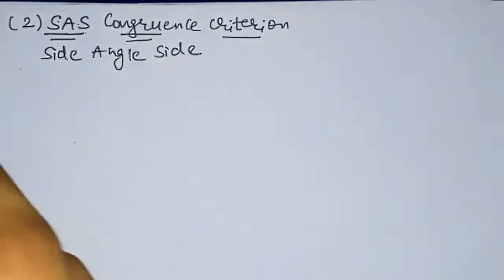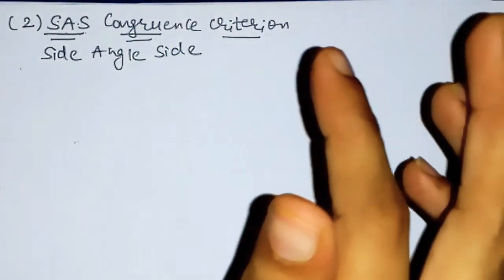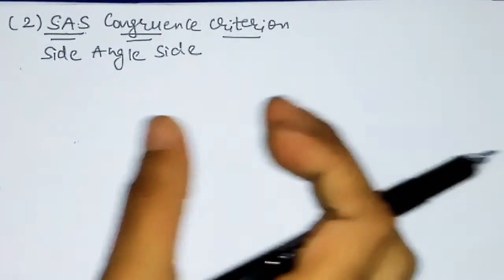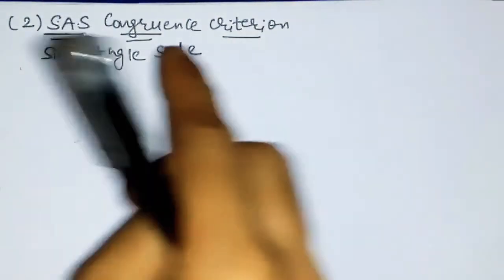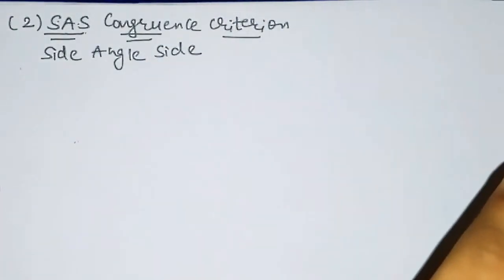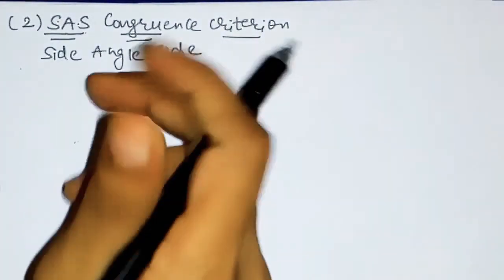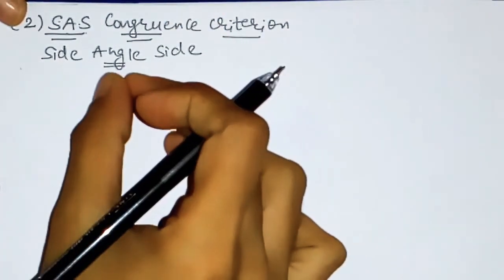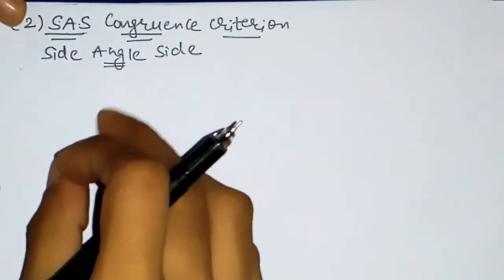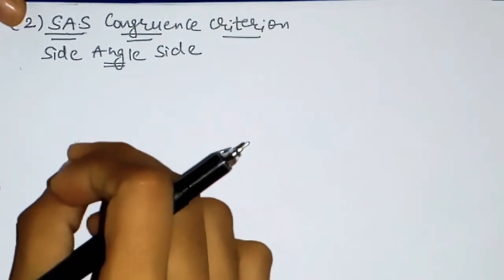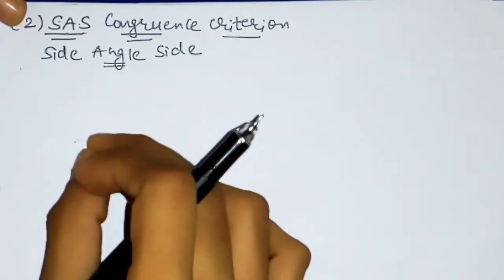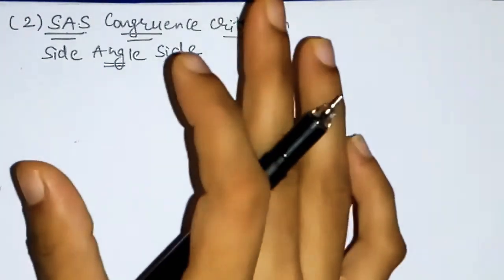It means that for two triangles, when we compare whether they are congruent or not, two sides and one angle should be equal. So here two sides and one angle should be equal, then we can say that the two triangles are congruent. Now when we talk about this one angle, see the angle is written in between the two sides. So in the figure also you need to see the angle which is in between the two sides. कोई भी angle नहीं चलेगा, जो equal वाला angle है that should be in between the two equal sides, not any angle will do.